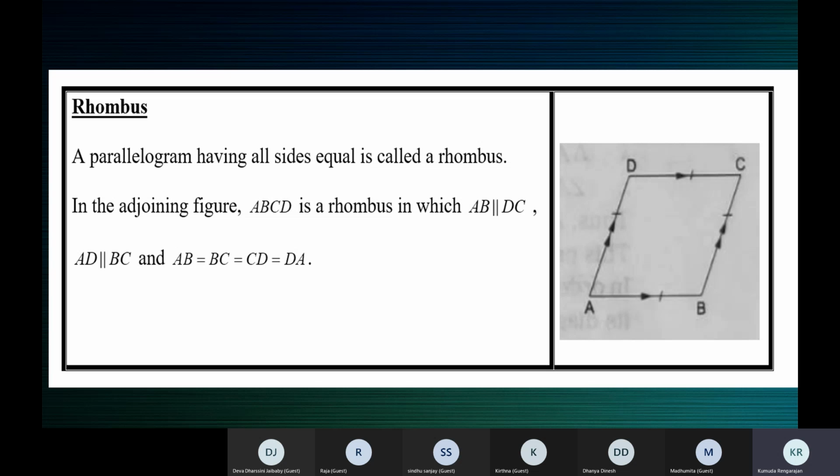What are the other properties of a rhombus? Just a second, Devadarshini wants to answer. Yes, Devadarshini. Yes, ma'am. All sides are equal. Diagonals are unequal. Diagonals bisect each other at right angles. That's all. Yes, ma'am, that's all you have given. Okay, Devadarshini, all sides are equal in a rhombus. Are all the sides equal in a rhombus?